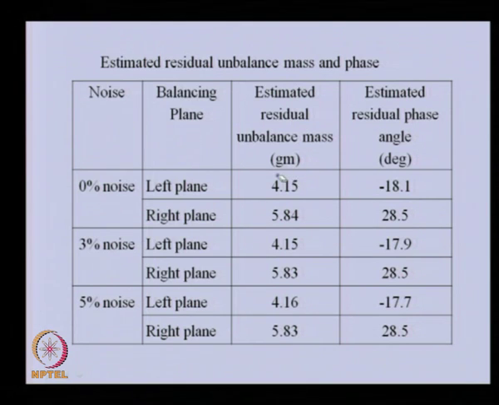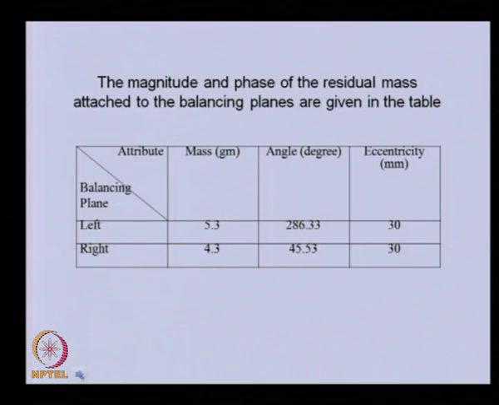These we are obtaining basically in the left and right planes. So, this is the effective correction mass we are obtaining, not only for the concentrated residual mass but also for the distributed residual mass over the length of the shaft, and consistently similar values are there even at the higher value of noise. This is the concentrated one, but apart from this we will be having a distributed one, whose value is less, so they are deviating around this only.